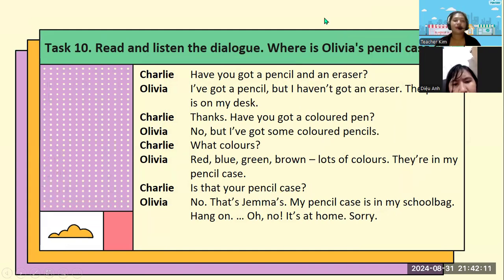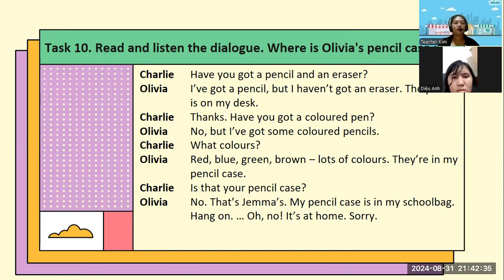Introduction Unit, Lesson D, Exercise 2. Have you got a pencil and an eraser? I've got a pencil, but I haven't got an eraser. The pencil is on my desk. Thanks. Have you got a coloured pen? No, but I've got some coloured pencils.